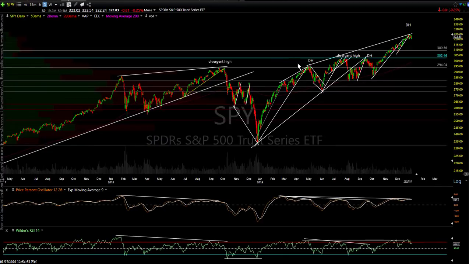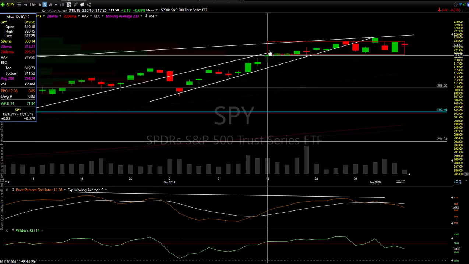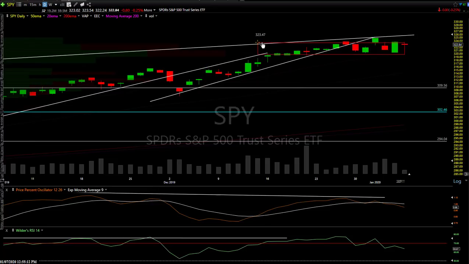Actually, we can go to a daily chart, zoom in real tight, and I showed you that we're in this trading range now since mid-December. If you put this box right here, cut off the top of that candle, that includes all these other candles since December 16th, I believe it was, and that's a 1.5% trading range.